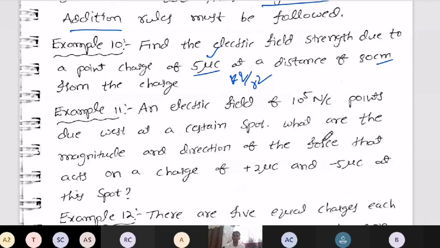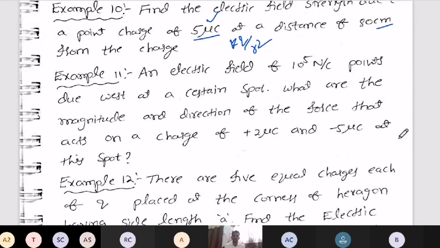And in the entrance, in the options, they will give the options logically. One option they will give without conversion. One option they will give with conversion. So that you will get the wrong answer, but you will not realize it. You will immediately tick that answer. So you may get negative mark. So please try to take care of it.